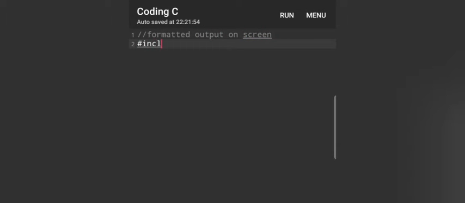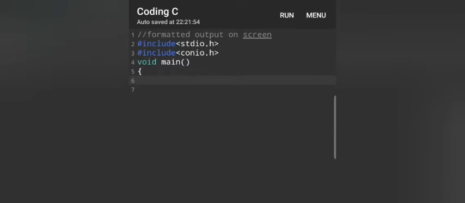We will be starting our program with #include <stdio.h>. Then we will be writing #include <conio.h>. Then we will be writing void main(), and then we will be making use of opening curly braces to start our program. In the next line, by making use of printf statement, I will be writing %7d